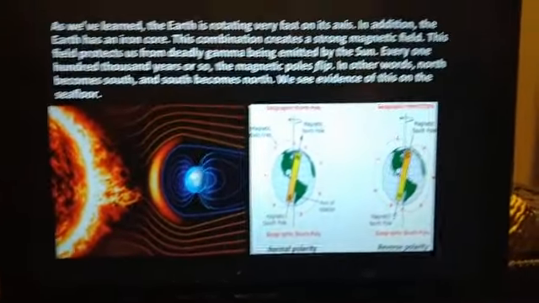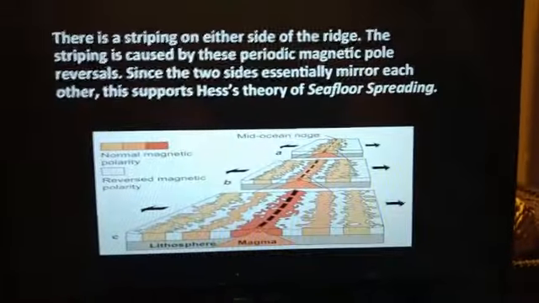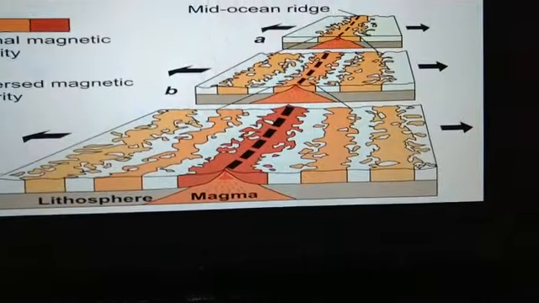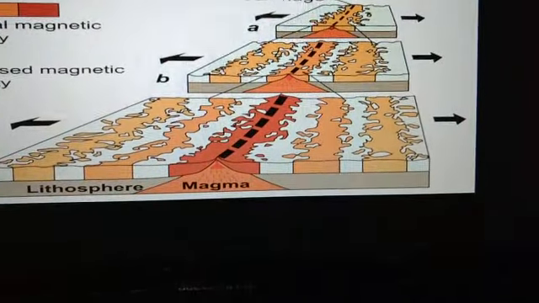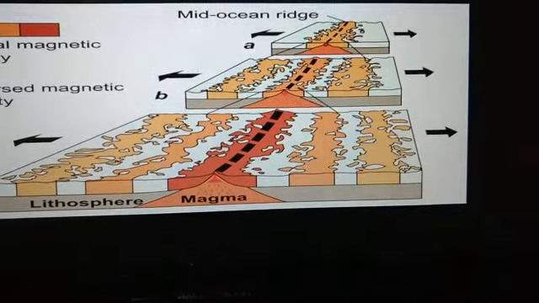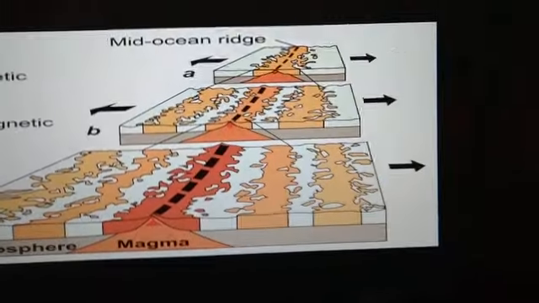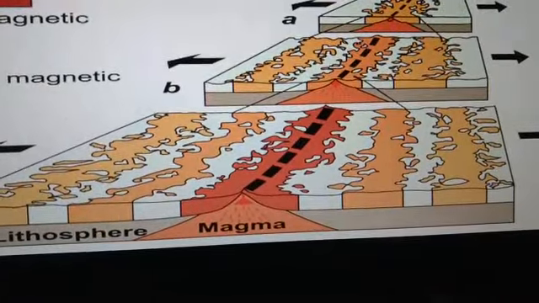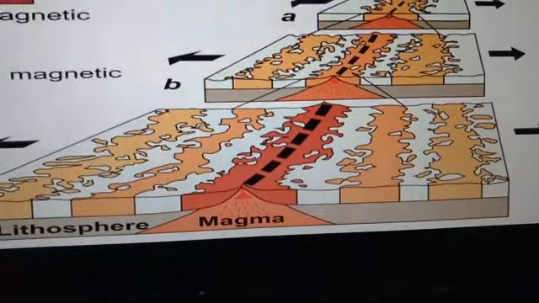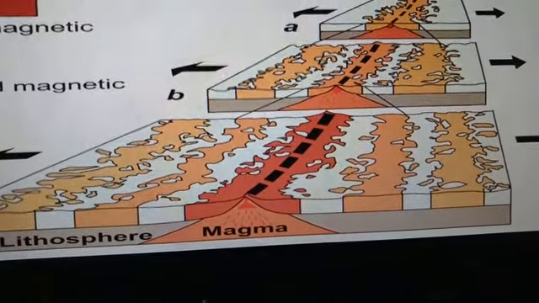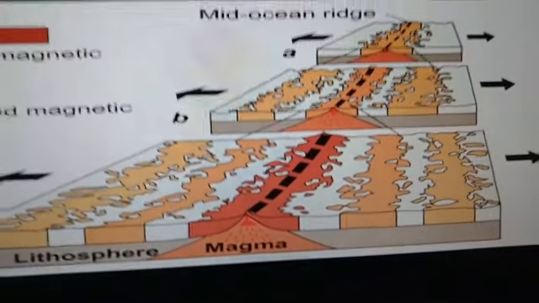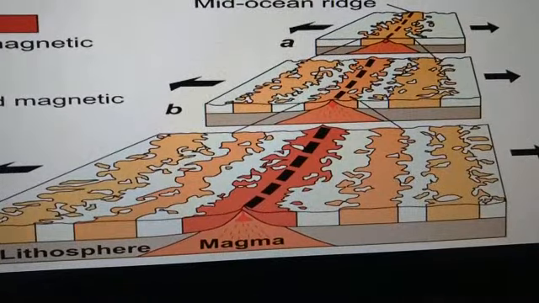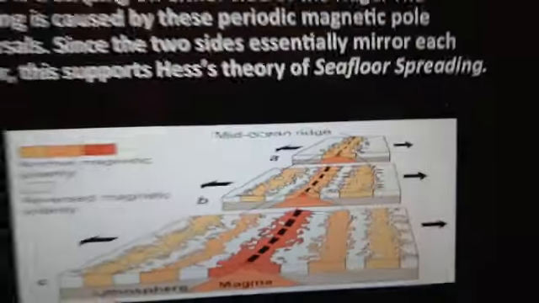But the reason I bring this up is because Hess was able to determine that on either side of the Mid-Atlantic Ridge, the rock appears to change color on either side roughly every 100,000 years. So as these two plates are moving in opposite directions, as you guys can see the arrows indicating, new magma is pushing up and out of the seafloor, creating new seafloor. And when magnetic north is as it is today, you would get one color. And then when it flips around to the other way, the rock color would change. And that creates sort of a striping on the bottom of the ocean floor.